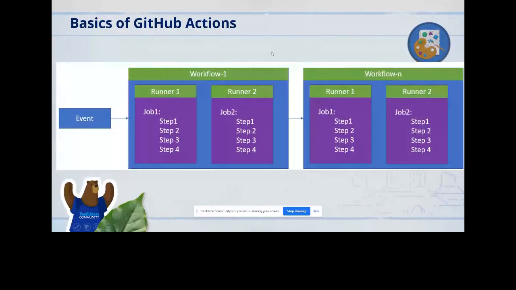On top, you can then see workflow 1, workflow N, like that. Each workflow defines a set of actions that will be executed on a particular event. For example, when I am checking in code to my repository, I want to run a PMD scan. Also, I need to create a pull request to merge my changes from a feature branch to the main branch. So we are talking about two actions. These actions I can club together as a workflow, which is going to be a YAML file, a script-based file that I will show later.